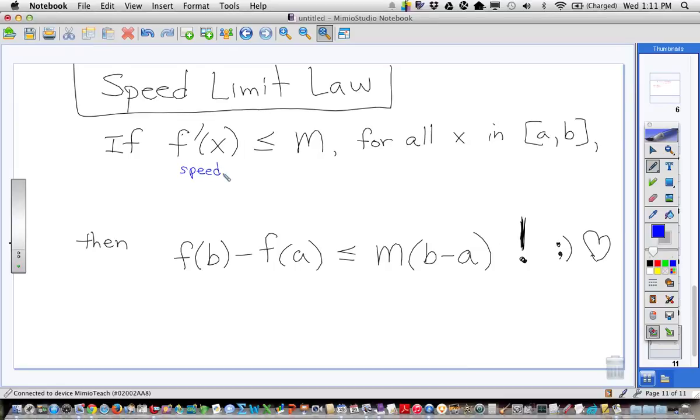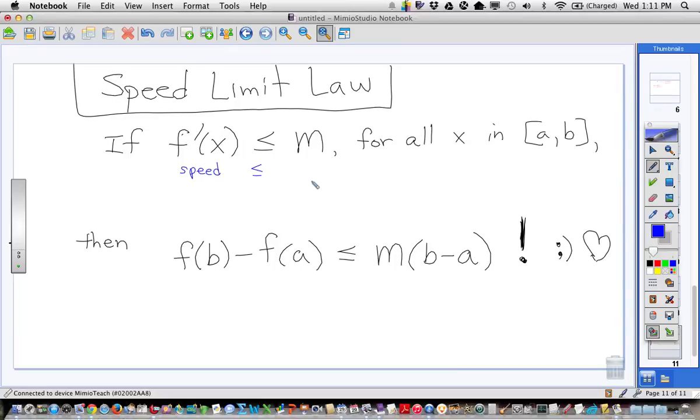Okay, technically it's velocity, but speed will be okay. So this is going to be speed, and then this is just some number, m. So if we say the speed is less than or equal to 20, if I tell you that I'm driving in my car and the speed is always less than or equal to 20,